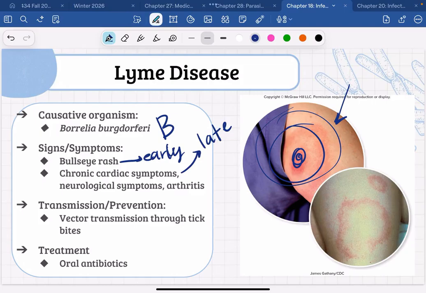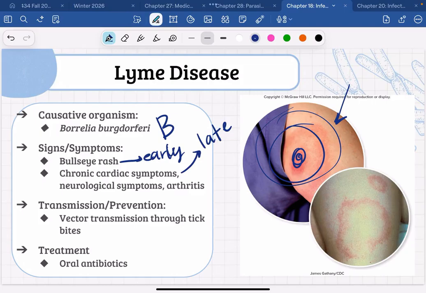And blood tests are not very accurate. So the thing about Lyme disease is that a lot of people who have it actually suffer for months and months and months with these debilitating heart symptoms and neurological symptoms. Their brain starts to get foggy. They start to have a hard time remembering stuff. And then they'll have this debilitating, incredibly painful arthritis that sometimes makes it impossible for them to walk. Sometimes people can't work.